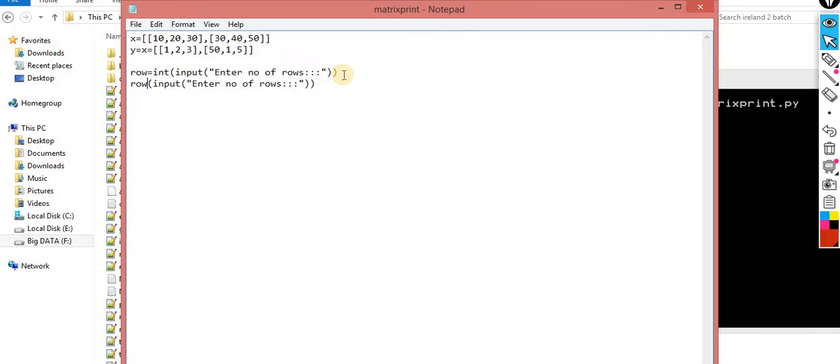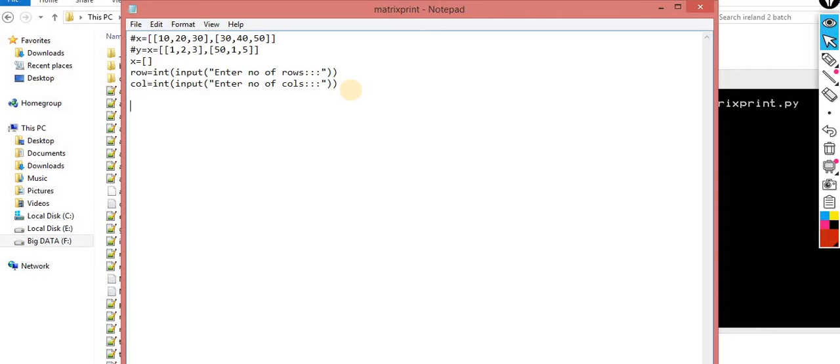Here the columns. Okay, I am asking the columns from the user, and here is my first matrix, that is the X. I will show you code only for one matrix, otherwise it will become very lengthy. Okay, you just understand the concept. Whenever the one is running perfectly, automatically you can code for the same, that is the exactly copy paste.